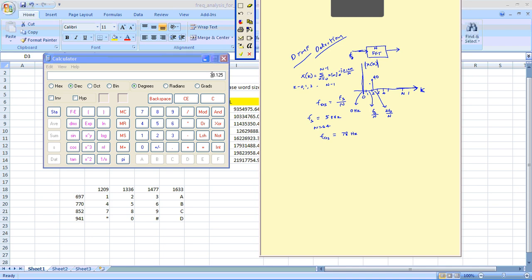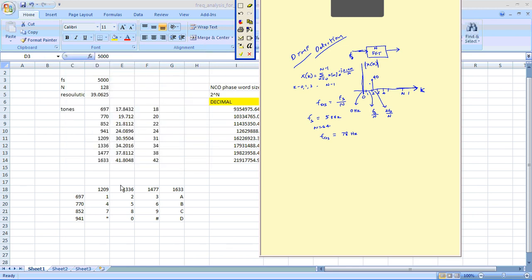Coming back to our discussion, since our frequency resolution is approximately 78 hertz, the 0th bin corresponds to 0 hertz, and the first bin corresponds to 78 hertz. This is called a bin, or you can call it the index k; anything will do. The second corresponds to 2 into 78, like that. Now coming back to our discussion, in the context of DTMF, where these are the frequencies,